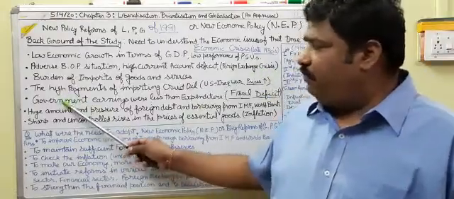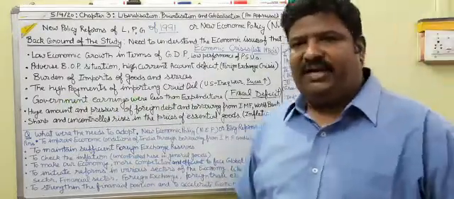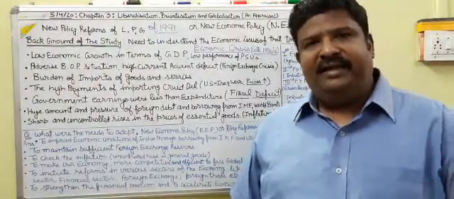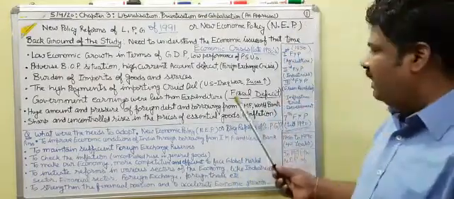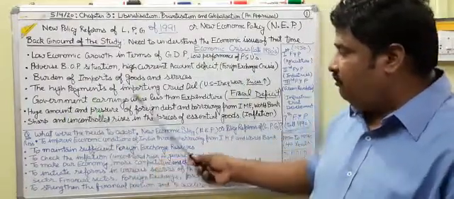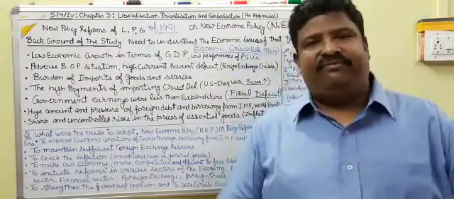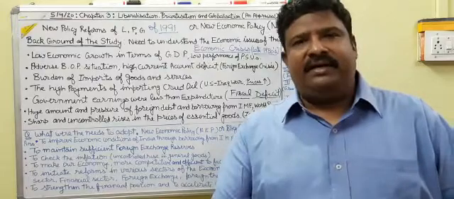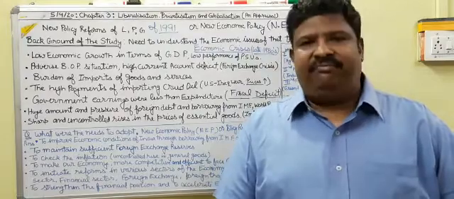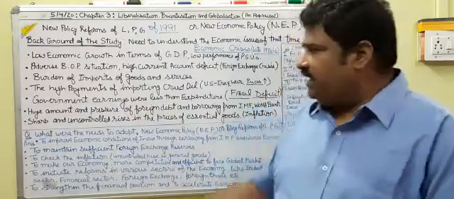Then this is a very important point: government earnings were less than expenditure. It is related to the government budget. When the expenditure of the government exceeds the receipts of the government, then this situation comes. This is known as the budget deficit. And there was a huge amount and pressure of foreign debt and borrowings from the IMF and World Bank. We had already taken a lot of money in the form of loans and borrowings from other countries and international financial institutions like the World Bank and IMF. So along with the repayment of these loans, we also needed to pay interest. So it was again a pressure.